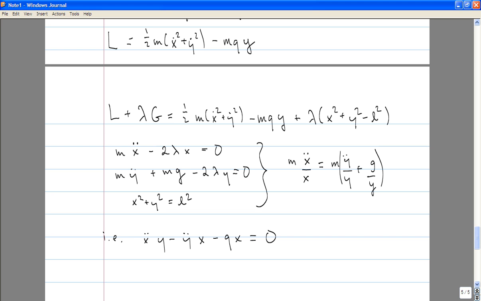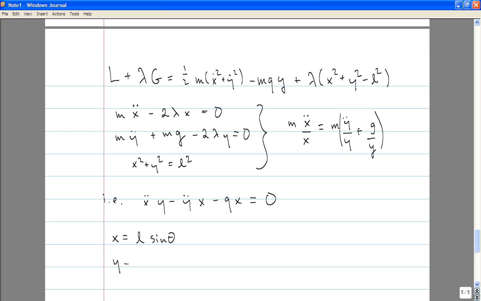So if we would like to check that, let's just use the fact that x is equal to L times sine theta, y is minus L times cosine theta, so x dot is L cosine theta, y dot is L sine theta times theta dot,